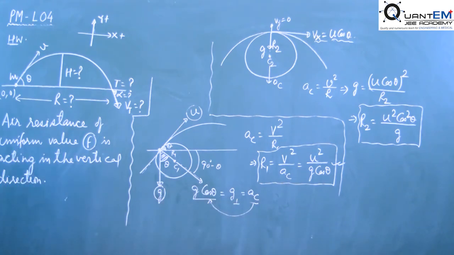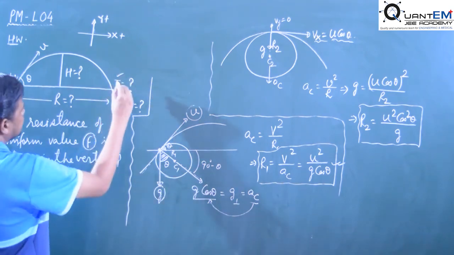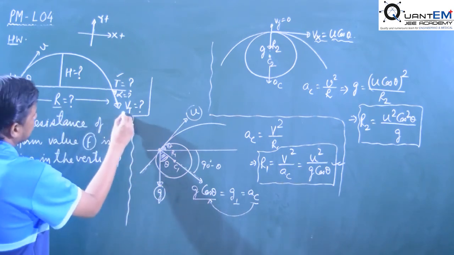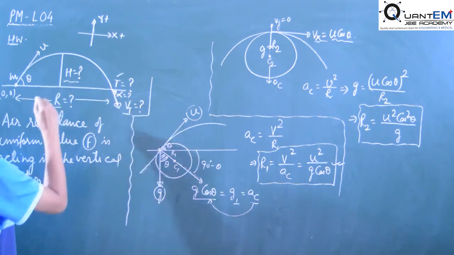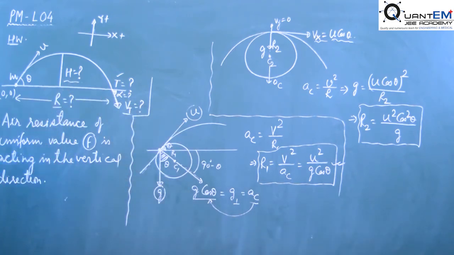So you have to find the time, range of the projectile, velocity at the moment the projectile hits the ground, this angle alpha, and the maximum height in the presence of the force of air resistance of uniform value F. Okay,